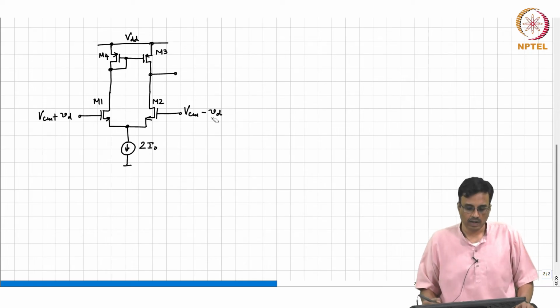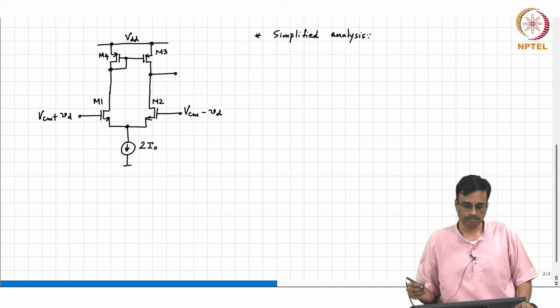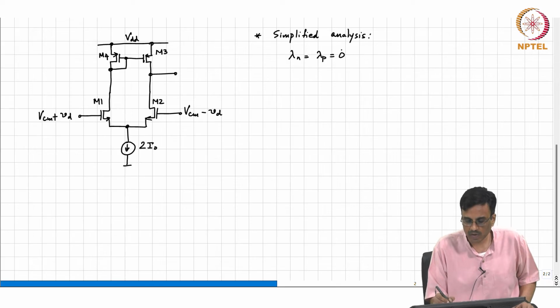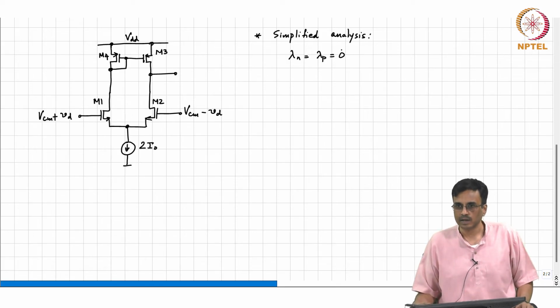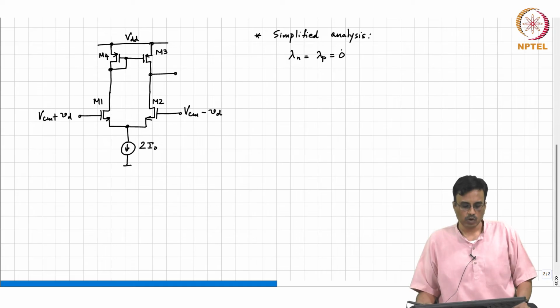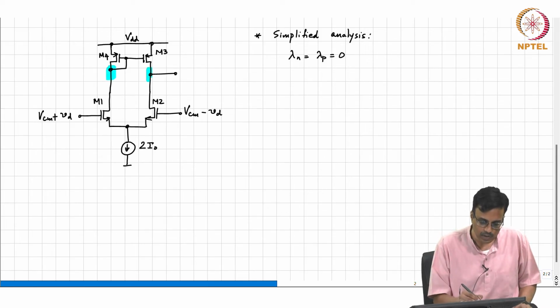So, a simplified analysis, when lambda n equals lambda p equals 0, when the current in the transistors is independent of the drain source voltage. Clearly, if lambda n and lambda p are 0, basically in English what it means is that the